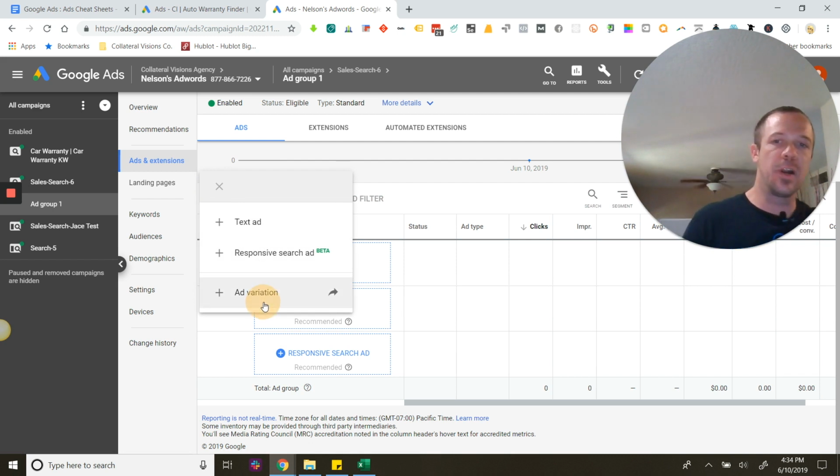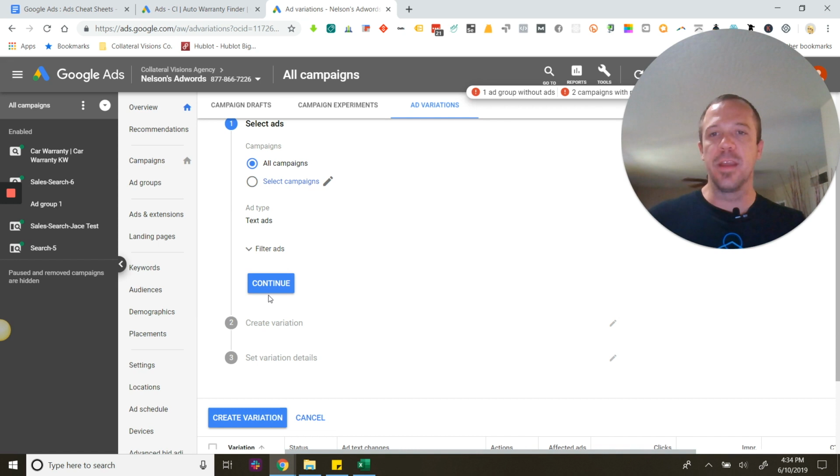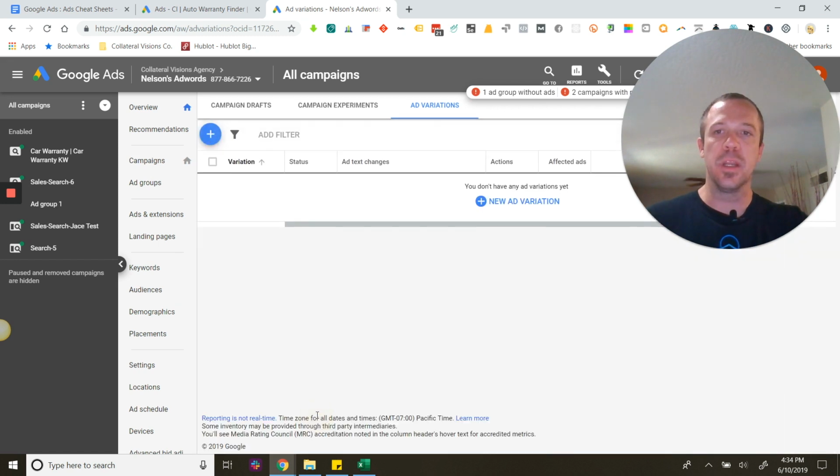Now, the ad variation, this is a little bit more advanced where you actually just replace a certain component of the ad. Okay, so this basically just gives you the opportunity to test out something without doing an experiment. You can test out, hey, if we switch out the headline and we try it with this during this portion or this many auctions, that's what that particular portion does. And I cover that more in the accelerated section, so I don't want to dive too much into it now. But that gives you kind of an overall understanding of the different type of ads that you have at your